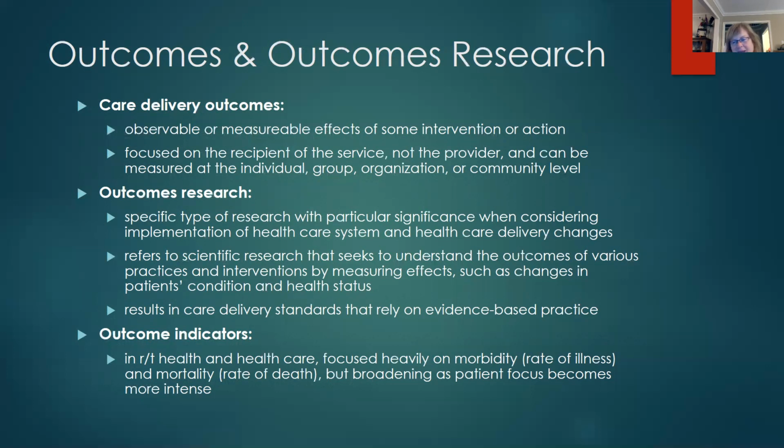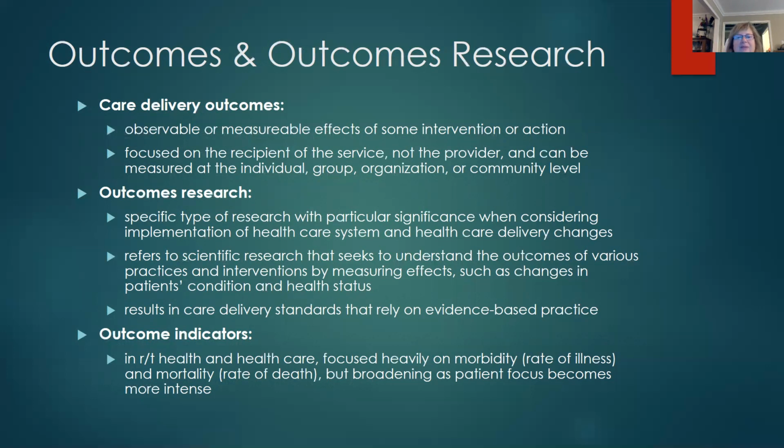If, let's say, I'm offering a community-based group that focuses on harm reduction for opioid users in the community, then I need to determine what would be appropriate, observable or measurable effects of that intervention. Would it be an increase in safe opioid use? Would I be saying that the focus is on behaviors that decrease risk, other kinds of things? So I would determine what those outcomes look like before I begin the process,